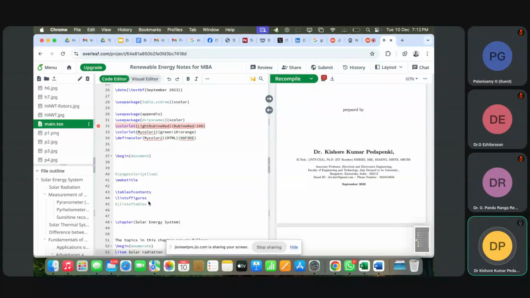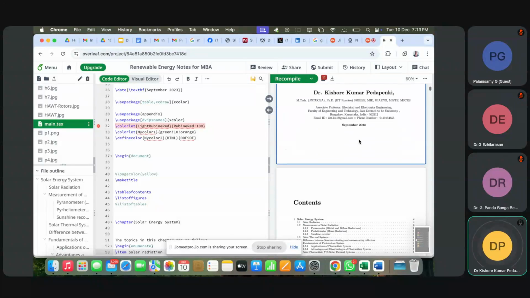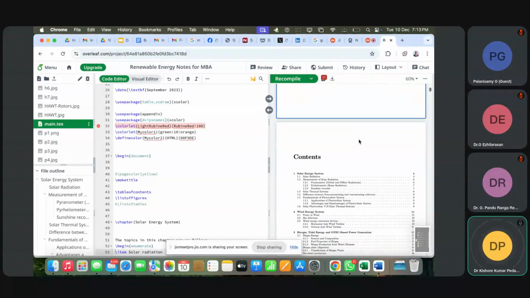If I have another photo that I want to keep in between these two, the second photo will automatically become figure 3, and whatever I include in between will be figure 2. It is an automatic thing. Understood? That is the beauty. You can see how nicely it has come. It looks like a textbook only.